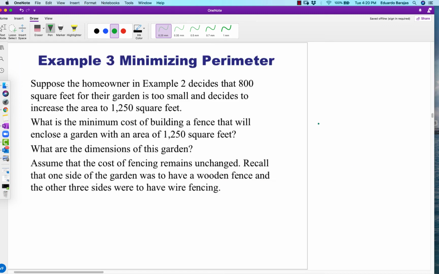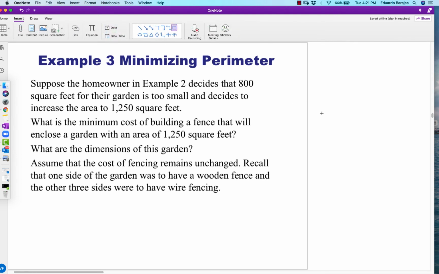Okay, suppose that the homeowners in example 2 decide that 800 square feet for their garden is too small and decide to increase the area to 1,250 square feet. What is the minimum cost of building a fence that will enclose a garden with an area of 1,250 square feet? What are the dimensions of the garden? Assume that the cost of fencing remains unchanged. Recall that one side of the garden was to have wooden fencing and that the other three sides were wire fencing. So if we include a rectangle,